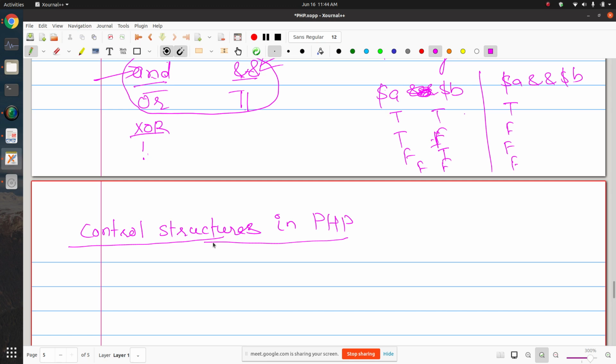So you can have two kinds of control structure. One is control structure for decision making, and another kind is used for looping. Okay, so पहले हम decision making structures की बात कर लेते हैं.